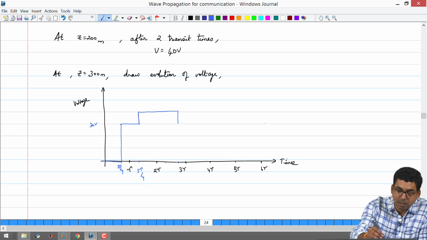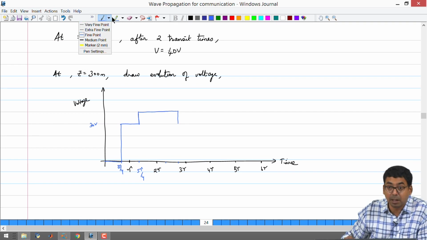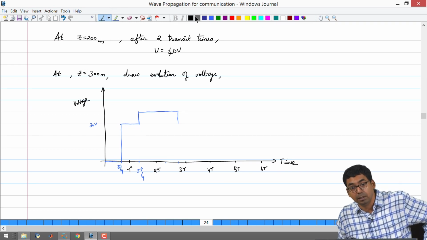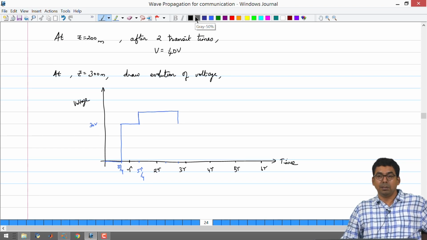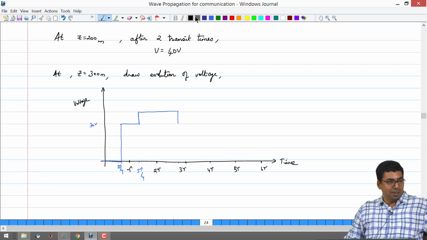More questions can also be asked. For example, you can always ask what would the current bounce diagram look like? Okay. You could construct a current bounce diagram. One can also ask what would the evolution of current look like. Okay. But those are not very commonly asked questions. So, just for curiosity you can go back and try.